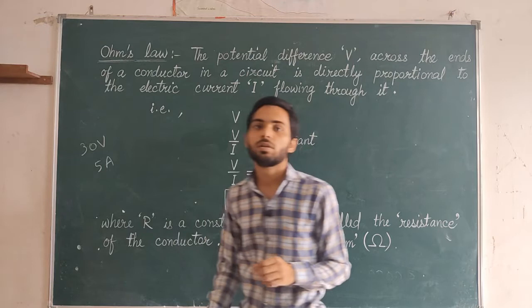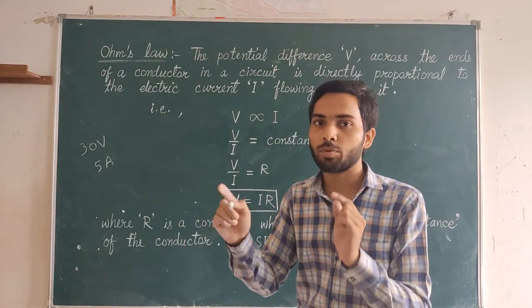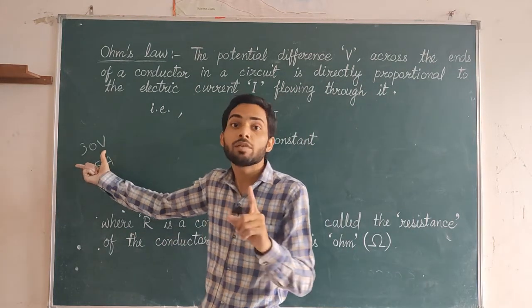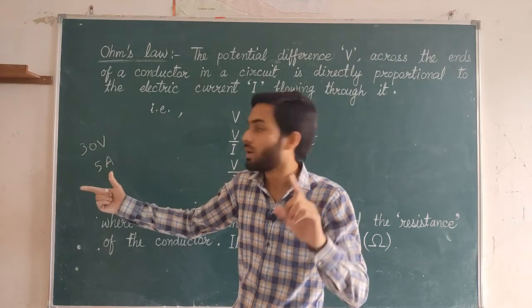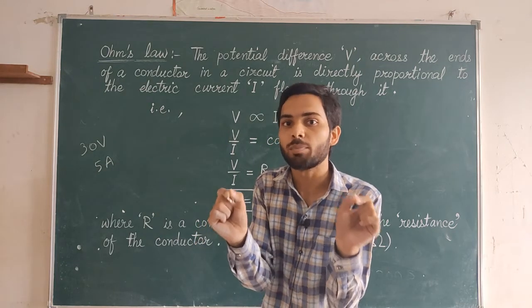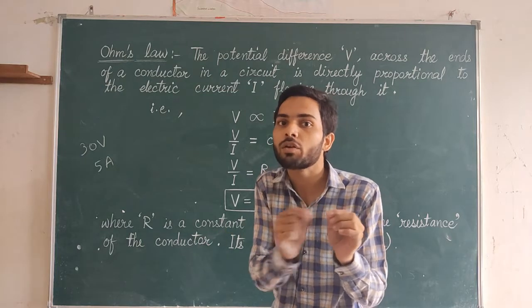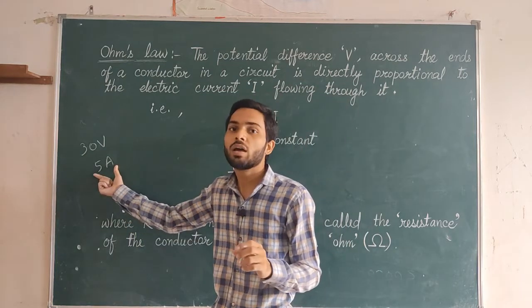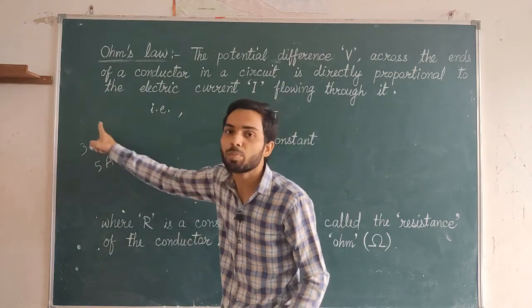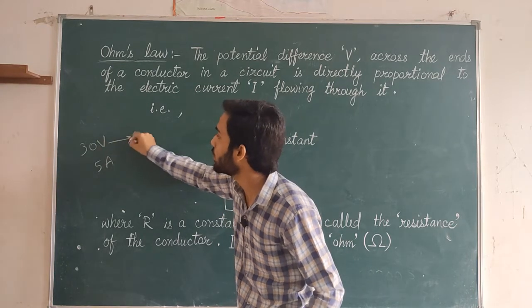Suppose this happens in a circuit, there is a conductor and the potential difference across its two terminals is 30 volt. I am giving an example. The amount of current flowing across the conductor is 5 ampere. Then my dear students, suppose I increase the potential difference from 30 volt to 60 volt,